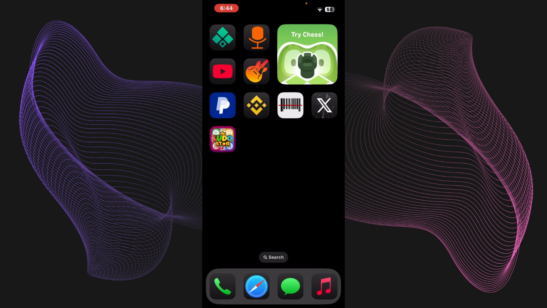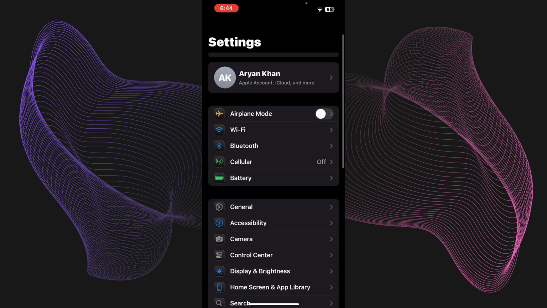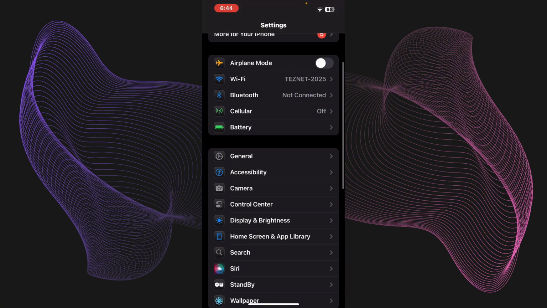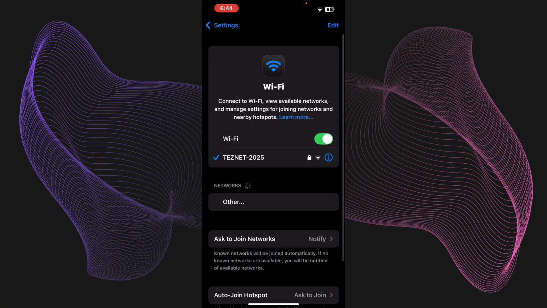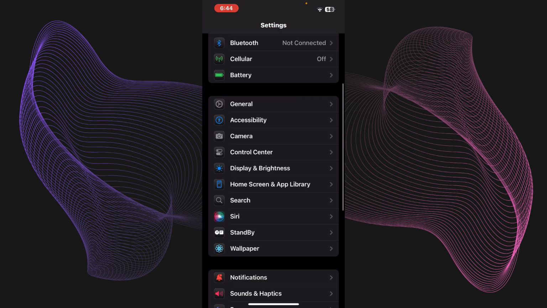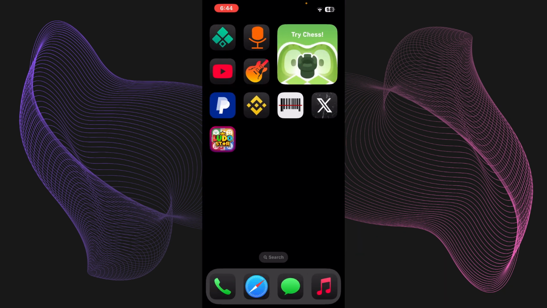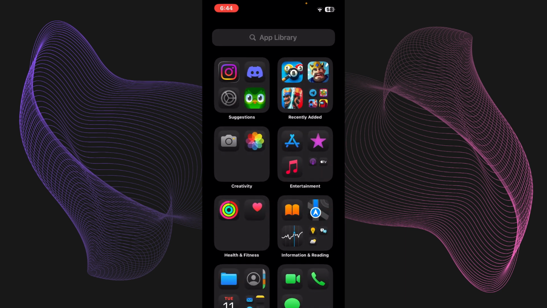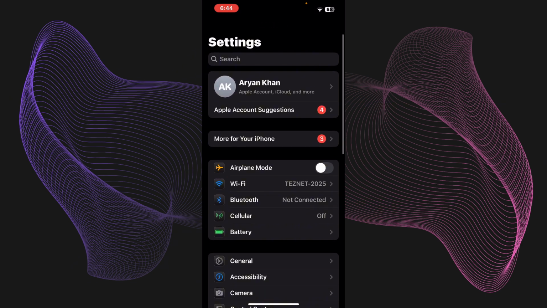First up, you simply need to go to Settings, and once you're inside Settings, go to your Wi-Fi settings and make sure that you're connected to a stable Wi-Fi and that your Wi-Fi is working, because sometimes syncing happens automatically, and if your Wi-Fi isn't working it just gets paused. So just make sure that your Wi-Fi is working, and then what you need to do is head over